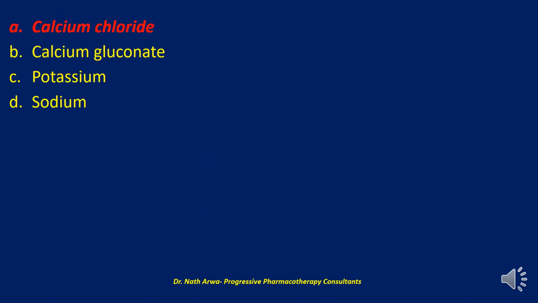So calcium chloride it is. Now this calcium chloride should be administered via central line due to high incidences of thrombophlebitis when you administer it peripherally using the smaller vessels. The exception to this rule is during the implementation of ACLS in patients who have experienced a PEA cardiac arrest. In all other circumstances, we should administer it via a central line because of the caustic nature of calcium chloride. So let's move to the next question.